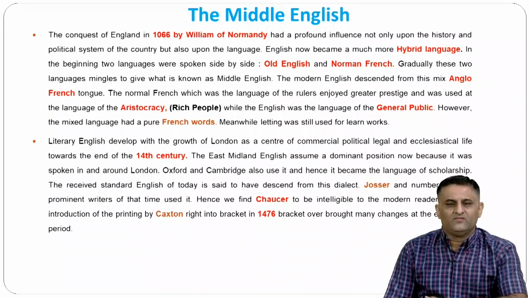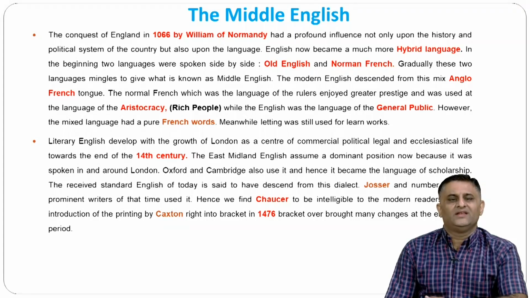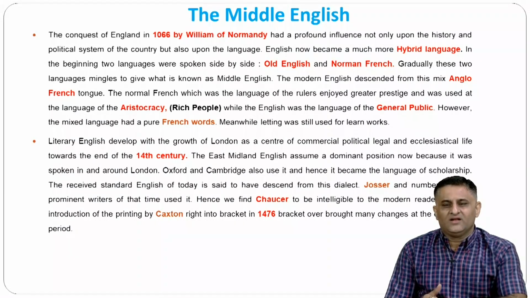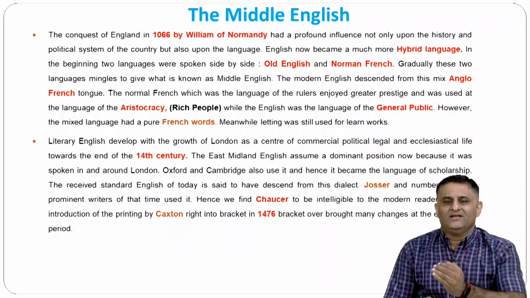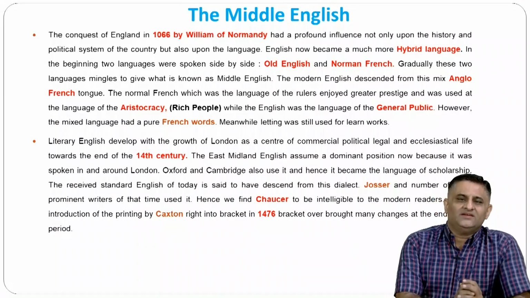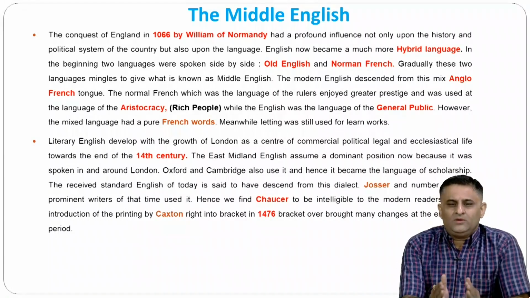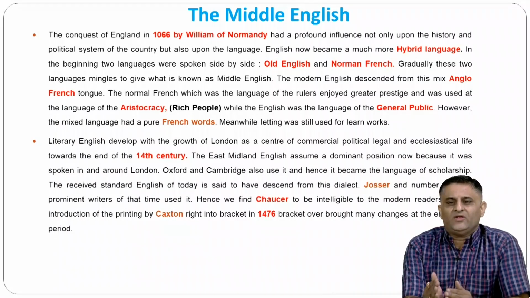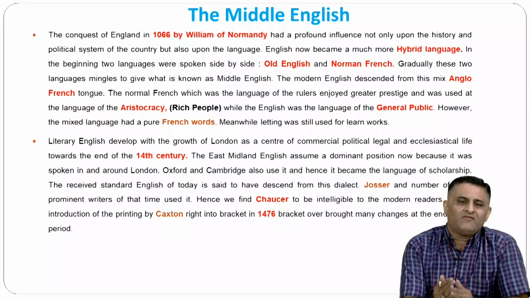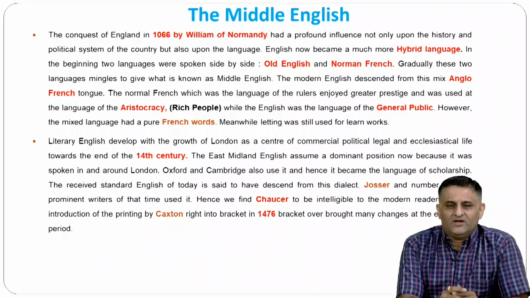The Norman French, which was the language of the rulers, enjoyed greater prestige and was used as the language of the aristocracy, meaning rich people, while English was the language of the general public. However, the mixed language had pure French words. Meanwhile, Latin was still used for learned words. Dear students, during that time period, only rich people